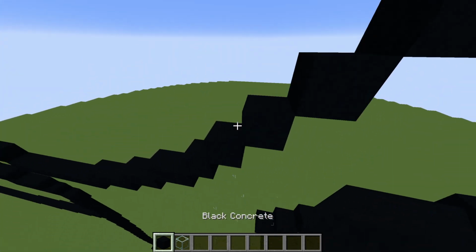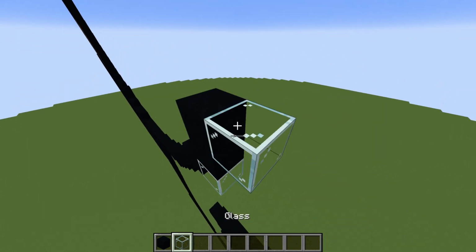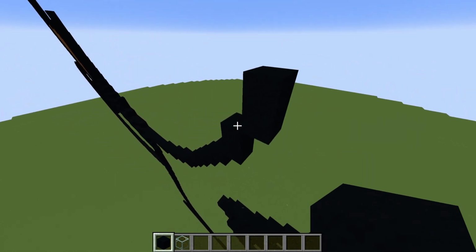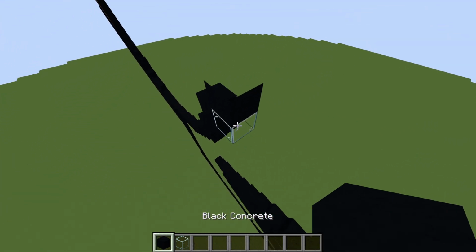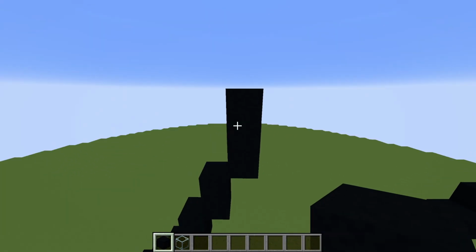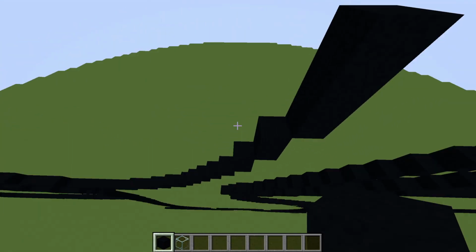Place some blocks, and place 2 sets of 2s going up to the right. That's 1, 2, and 1, 2. That's 2 sets of 2s. And place 3 blocks going up to the right. That's 1, 2, 3. All right, once you've placed your 3 blocks going up to the right from these 2 sets of 2s, we're going